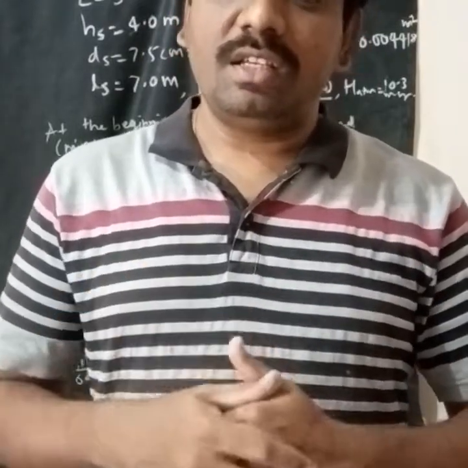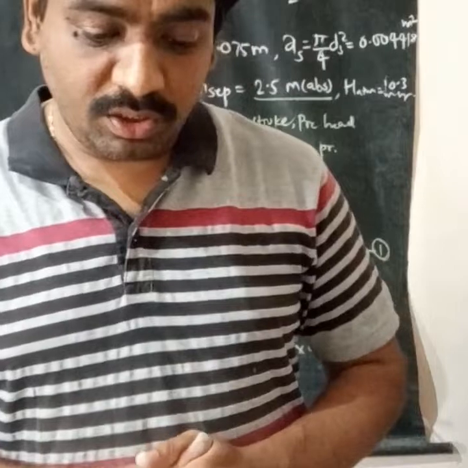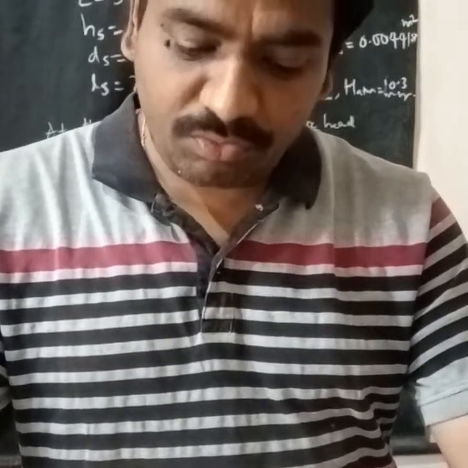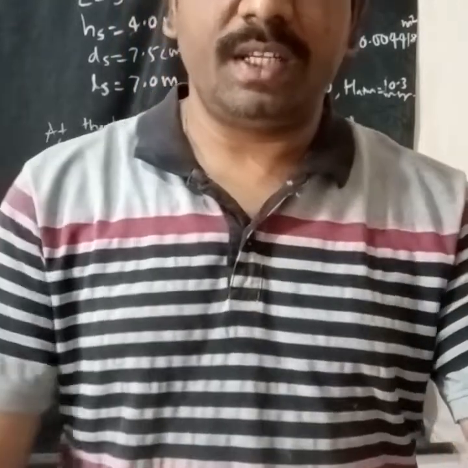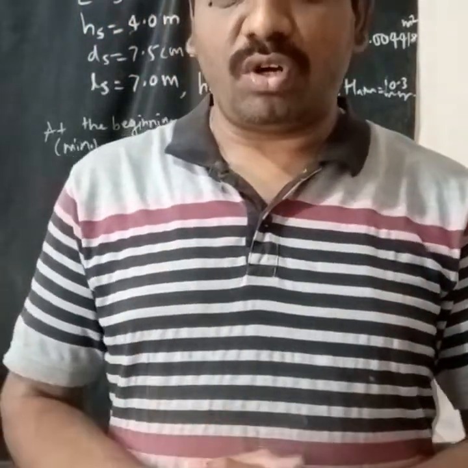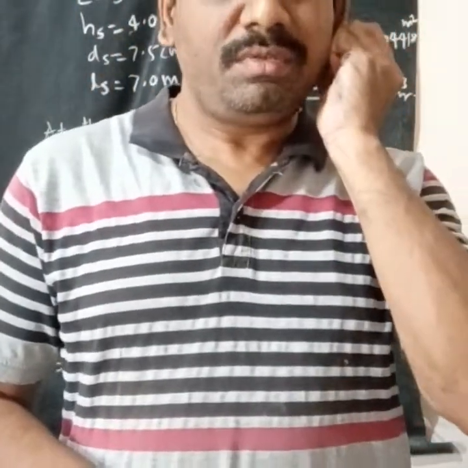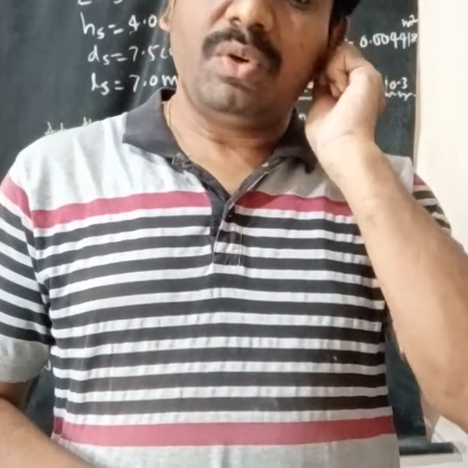Second thing is that here also mentioned, I forgot to mention here that the atmospheric pressure head is 10.3 meters and the f is mentioned as 0.009 for both the pipes. That means the coefficient of friction is also given. So it means that here you have to calculate the values for the pressure head due to acceleration, also the loss of head due to friction. So every time you have to check the value of the HAS and HFS.